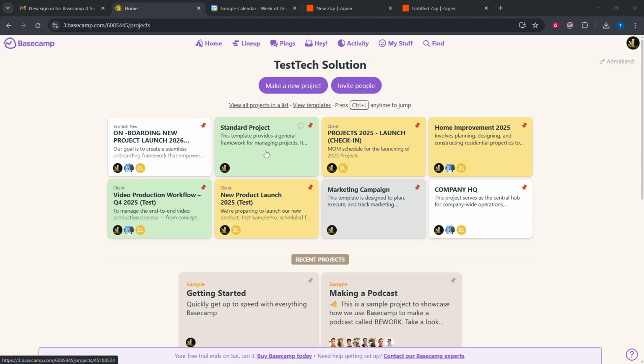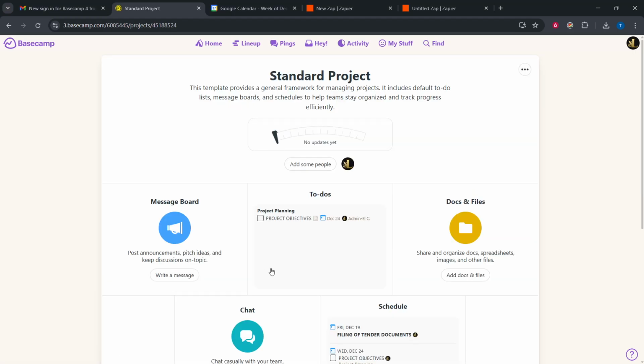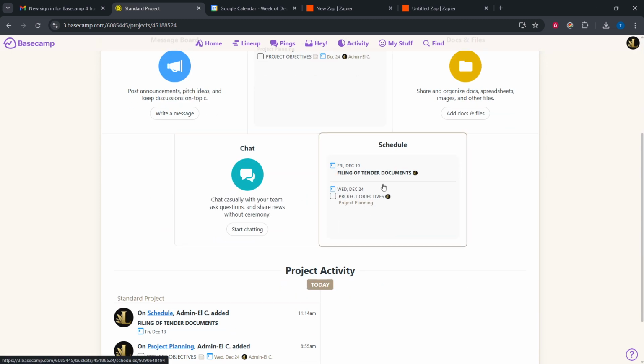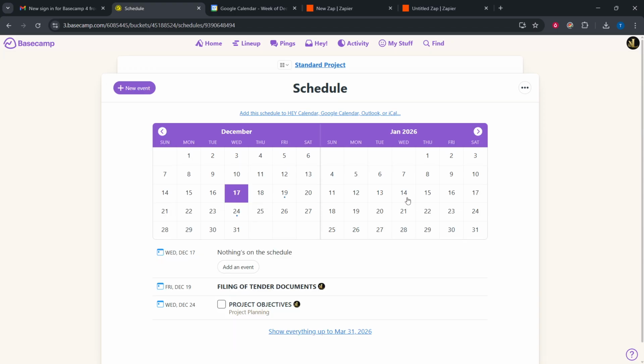Start by opening Basecamp and heading into the project whose schedule you want to follow. Once you're in that project, click the Schedule tool to open the calendar view for that specific project. This is where all of the events and dated to-dos live, and it's also where Basecamp provides the subscription link you need. At the top of the schedule, just above the calendar grid, look for a link or menu option